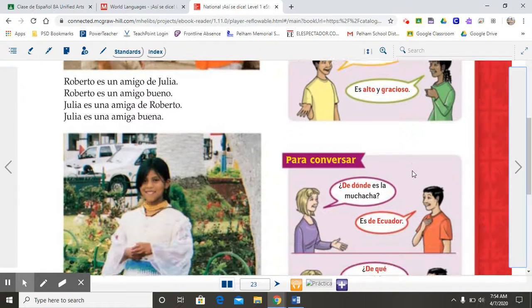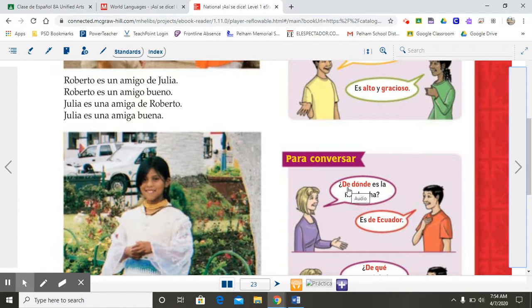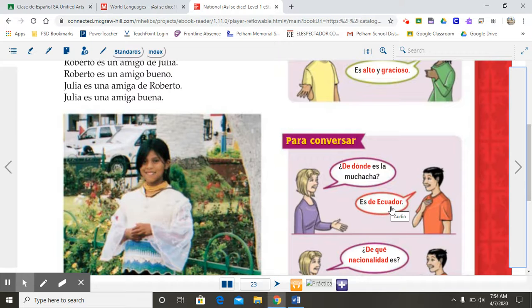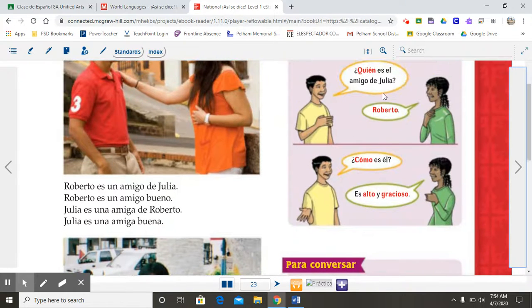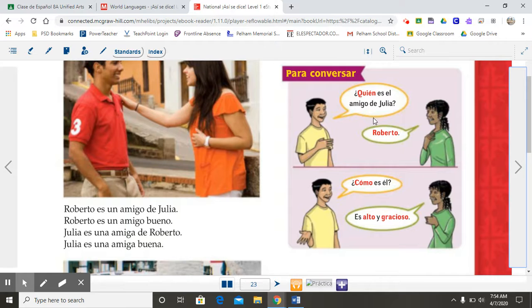The third question word is this one. ¿De dónde? ¿De dónde means from where. From where is the girl? I know that sounds weird in English, but I'm translating literally. Where is the girl from? From where? ¿De dónde? And as you can see, the answer is a country. Es de Ecuador. Okay? This one down here, I am not going to ask it. It is not on the exit ticket. But the ones up here, I'm going to go over them again. So I have no excuses.